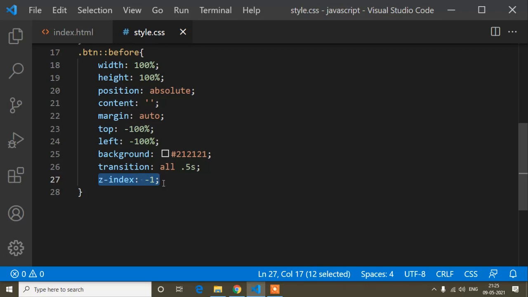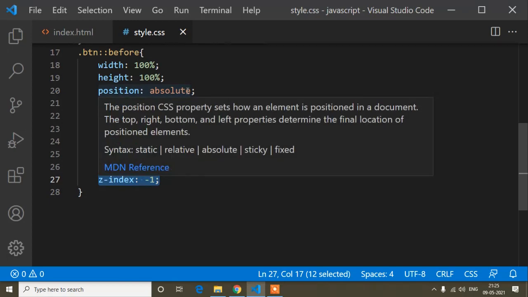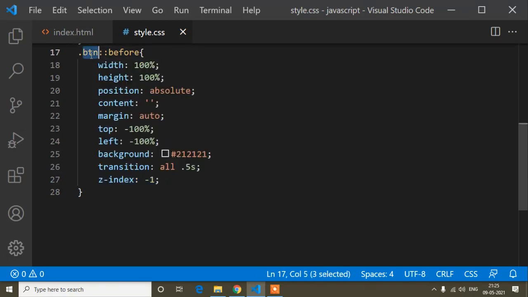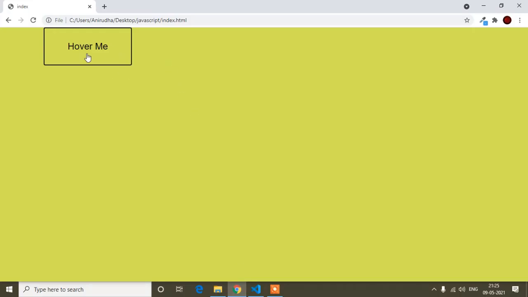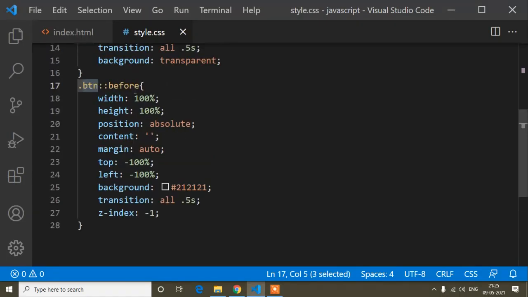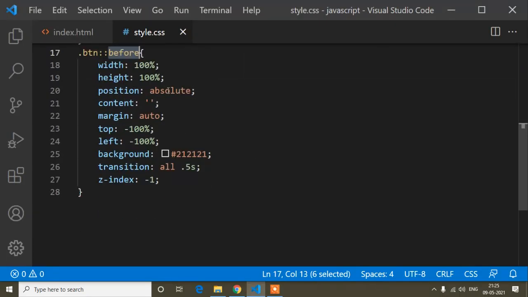Z-index means guys, I told you position absolute means it will be floating. This div will be floating. Where floating? Inside this button, because this button is position relative, and this button's before tag I have added position absolute.